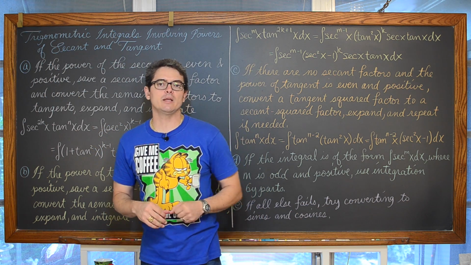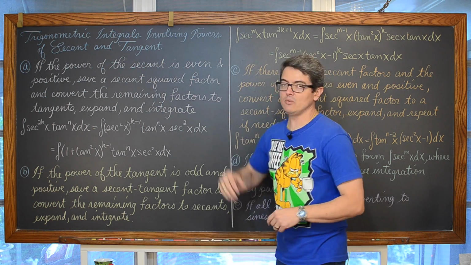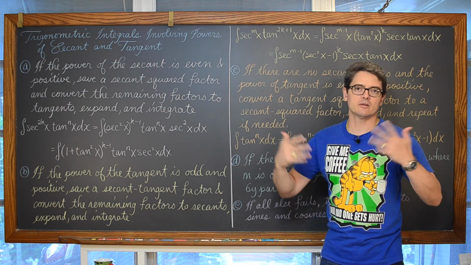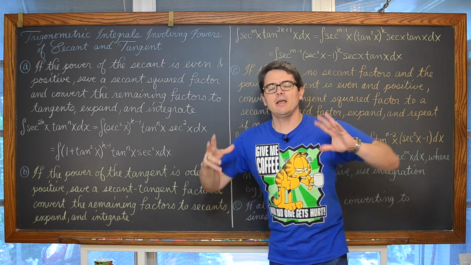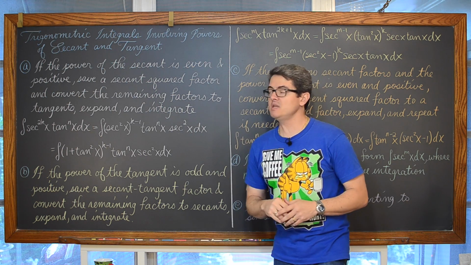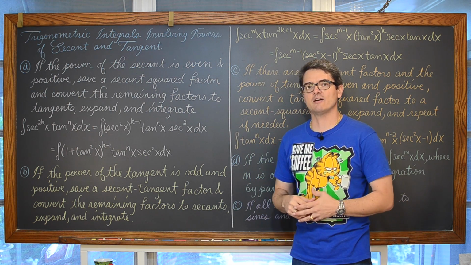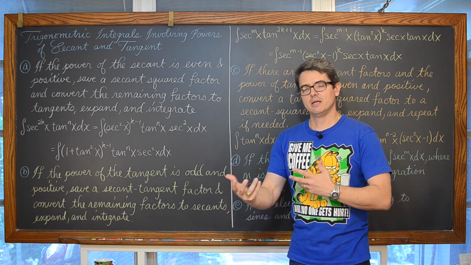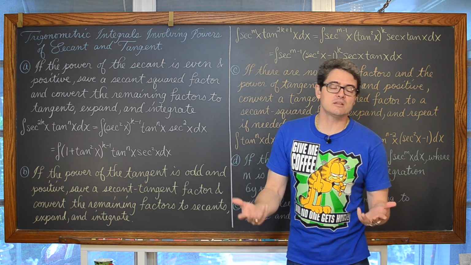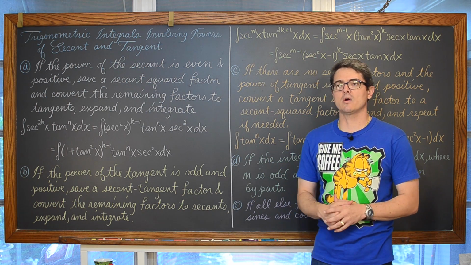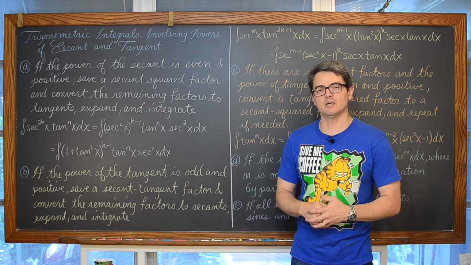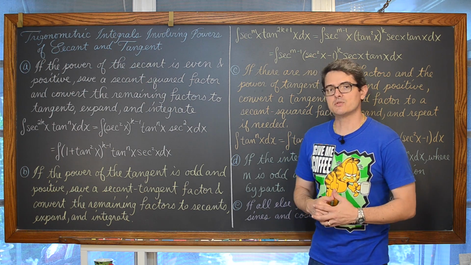We're going to save that for part 3, our last lesson, helping you work with these trigonometric integrals that have some kind of powers of sine, cosine, secant, cosecant. And what we're going to learn here in this lesson, dealing with powers of secant and tangent, are going to apply to integrands that have powers of cosecant and cotangent, because the derivative rules work very, very similarly. The derivative of tangent is secant squared, the derivative of cotangent is negative cosecant squared, and of course we should know what the derivative of secant and the derivative of cosecant is, and see how similar those derivative rules are.